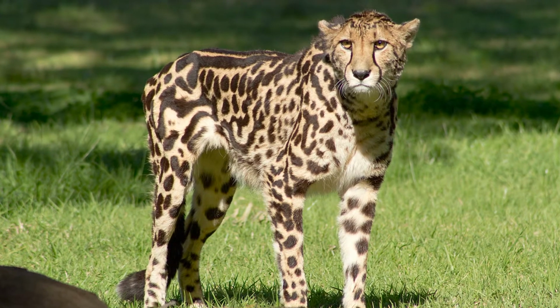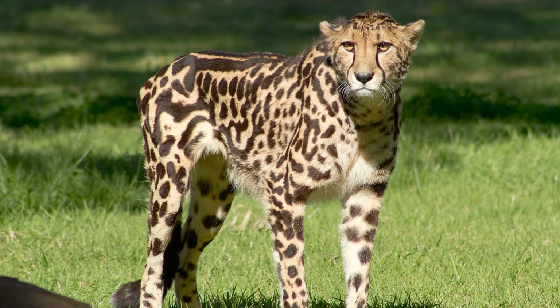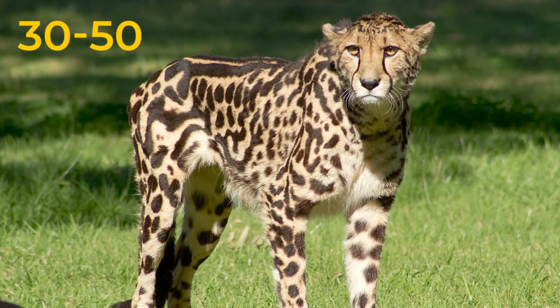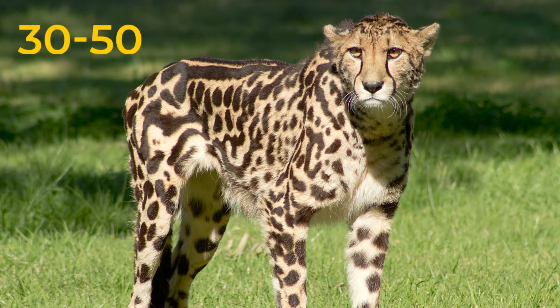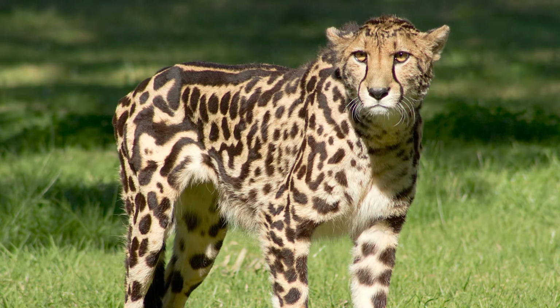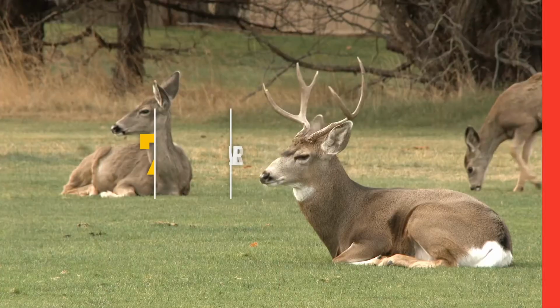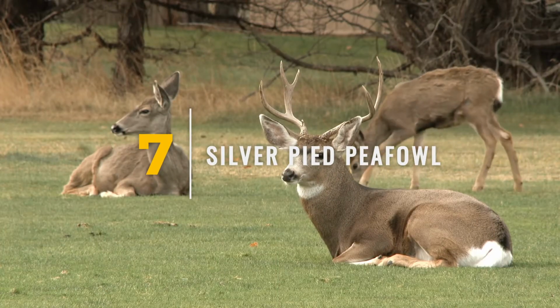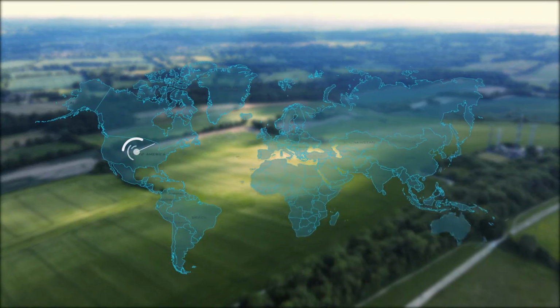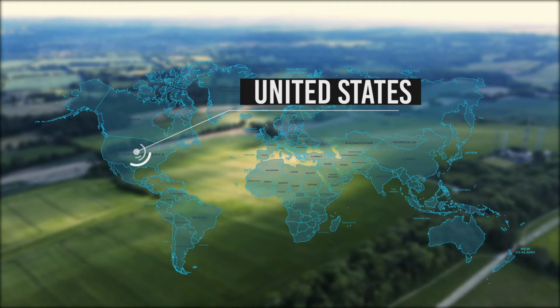This elusive big cat is one of the rarest animals in the world. There are only about 30 or 50 individuals present on the entire planet. As few as 10 of those are thought to exist in the wild, while the others are in protected parks and wildlife reservations. Number 7. The silver-pied peafowl. The silver-pied peafowl originated in 1992 in the United States when it was discovered by 3 different